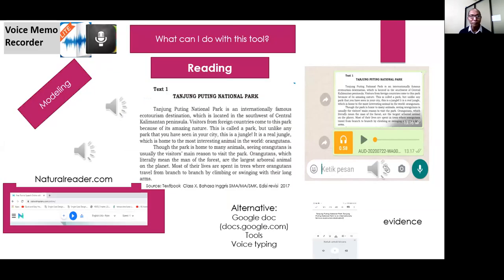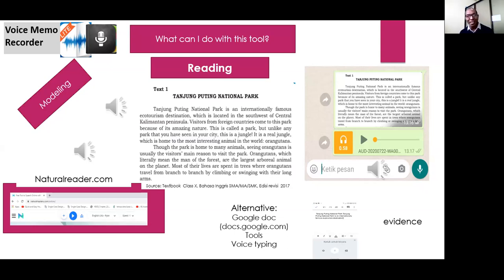Okay, that is an example. When you bring that text to naturalreader.com, an online tool to read the text, there are a lot of languages available there. It's English, but it can also be German or Dutch, so you can select the language. You can select whether you want the British accent or American English, or even select who is going to read the text for you, like a female voice or a male voice. And that is also a good thing to do